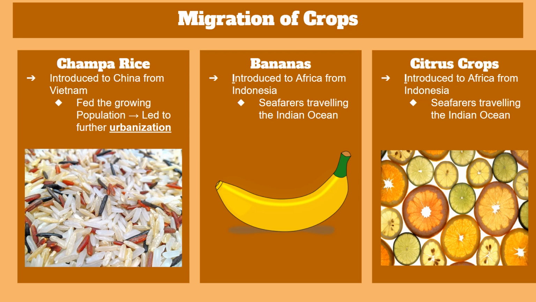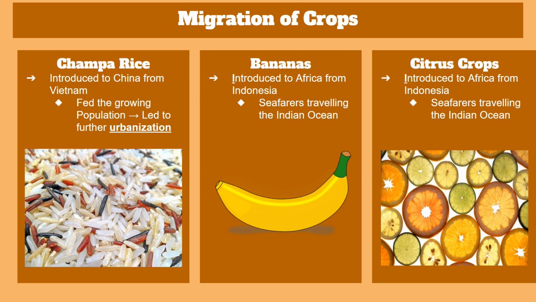However, Champa rice was also grown in areas where people thought land was unusable at one point, thus making it even more significant. Also, people tended to migrate more southward after the introduction of Champa rice because they were just following the rice trail almost. They started urbanizing in those cities more in South Asia.